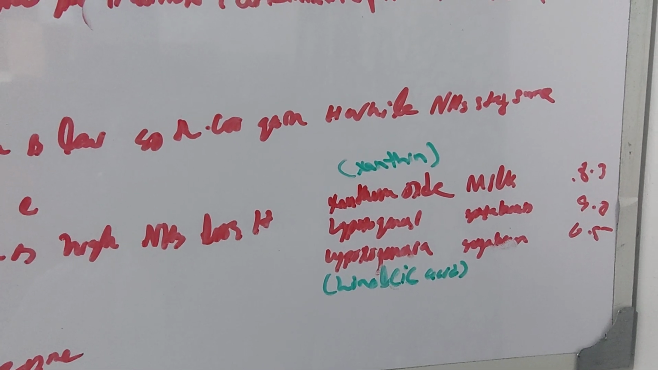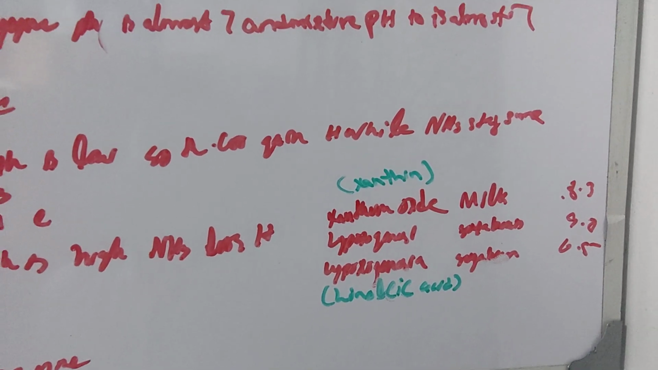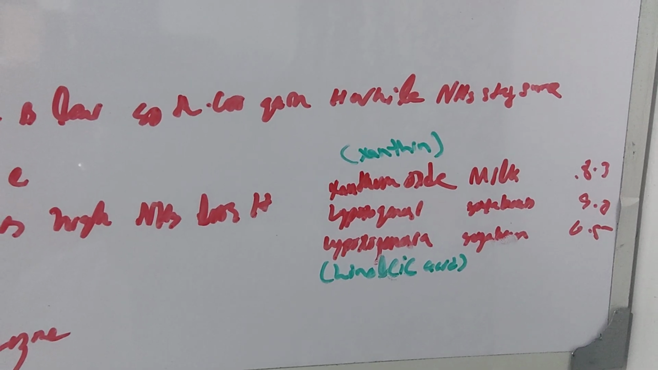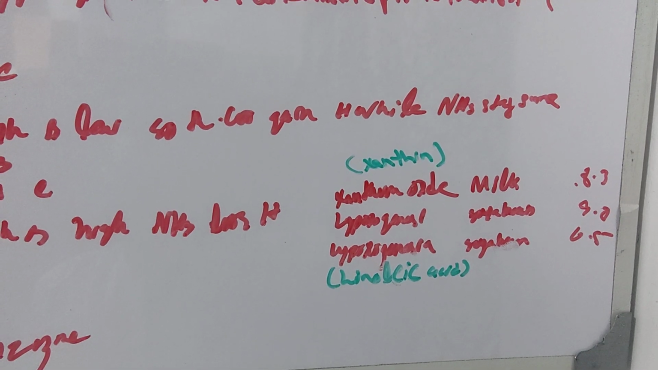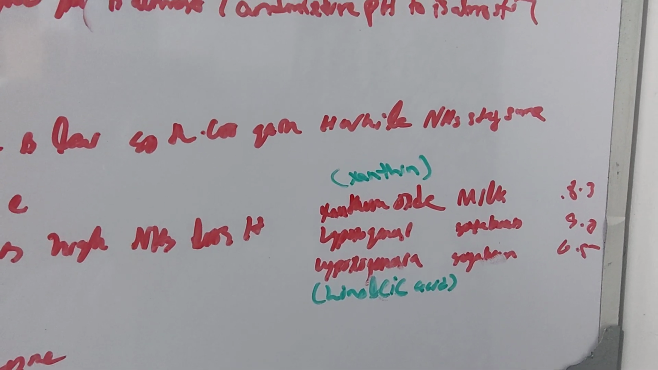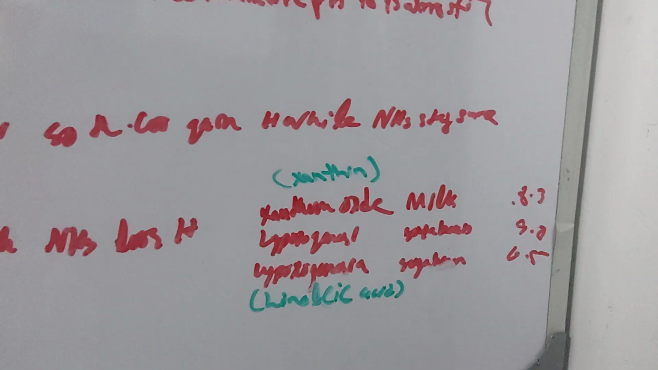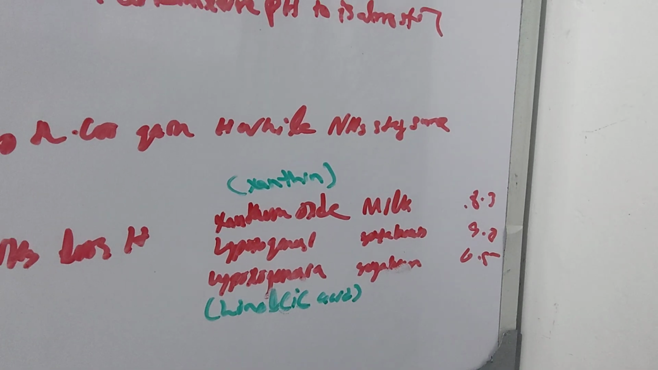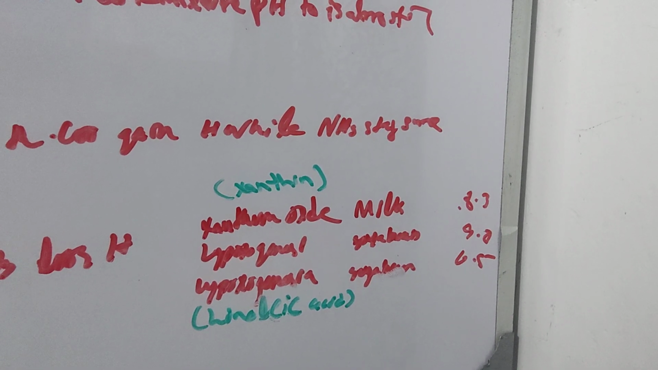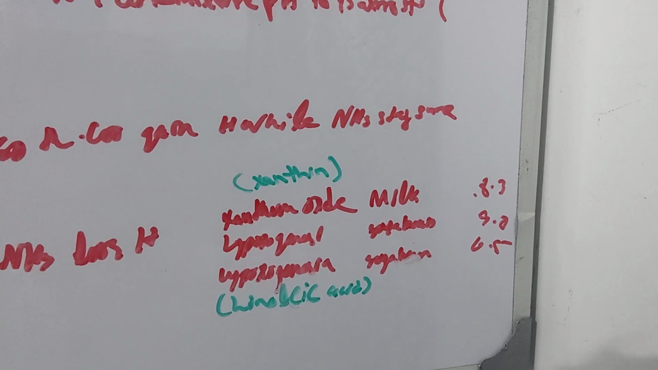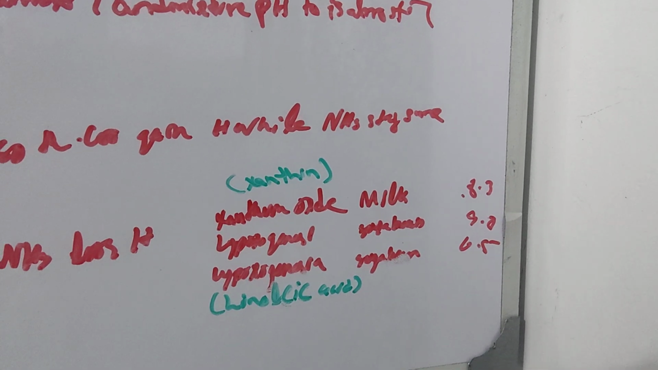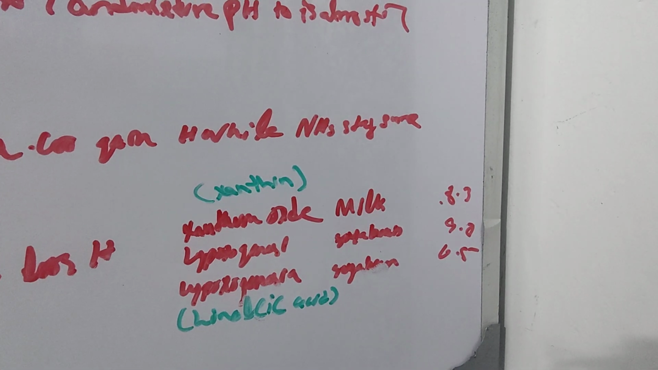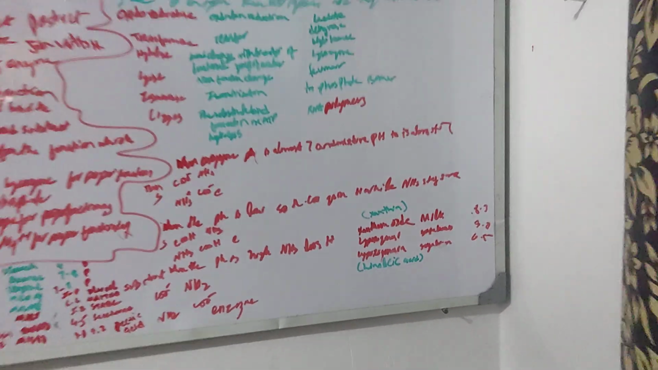Then we have lipoxygenase, obtained from soybean, which works properly at pH 9.0. Lipoxygenase type 1, obtained from soybean, works at pH 9.0 to 9.9. And we have lipoxygenase type 2, which is also obtained from soybean and works properly at pH 6.5, and it helps in the digestion of linoleic acid. That was it for